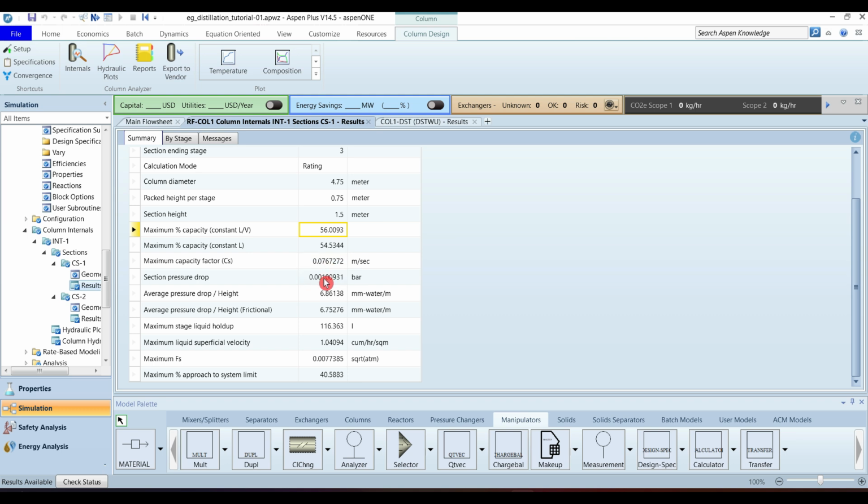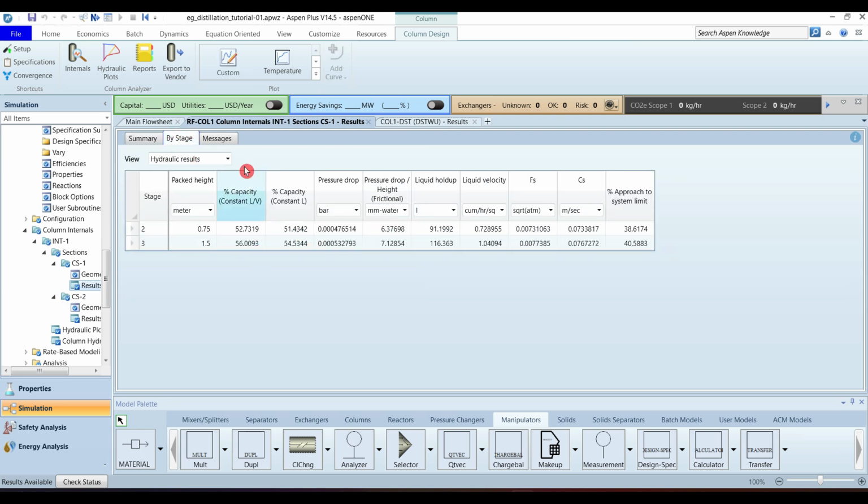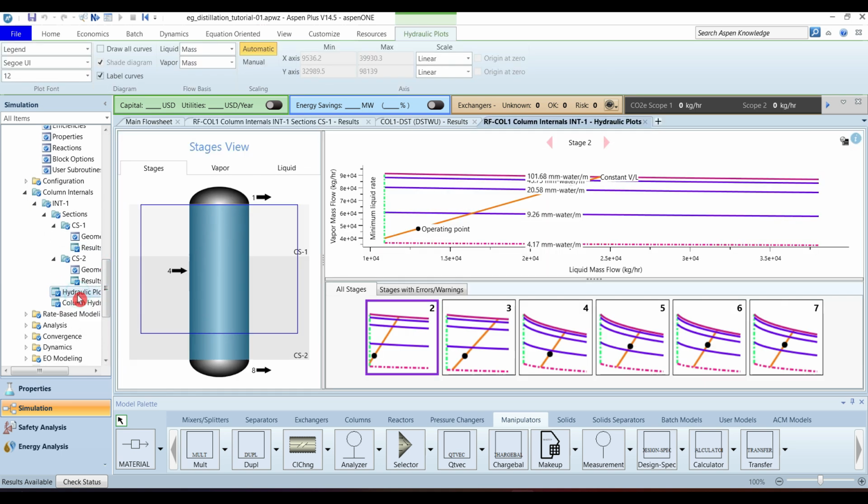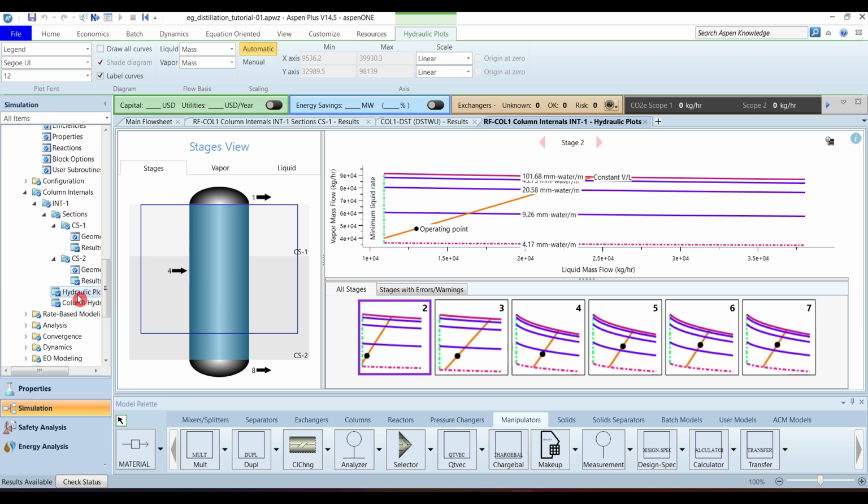Capacity factor, section pressure drop, and other valuable information are given. Stage by stage numbers are also given, and if there is any mandatory information, it should be provided over here. For example, the liquid load is below 2.44 cubic meter per hour per square meter, so it should be up to 2.44 for the most feasible column operation. The most valuable information over here is the hydraulic plot, which gives an indication of the column operational feasibility. By default, if all the stages are shown in blue color, that is the feasible